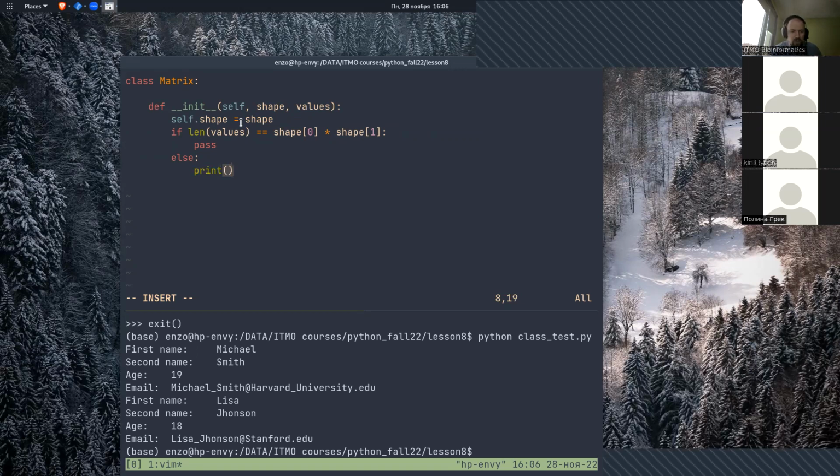We will talk about errors a few classes later, where it is better to use a try except construction, but I will just print that we have an error with